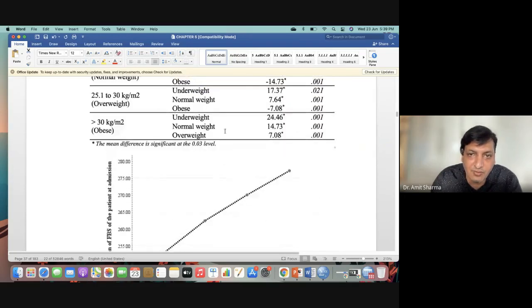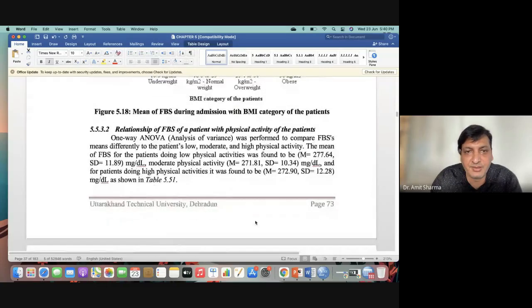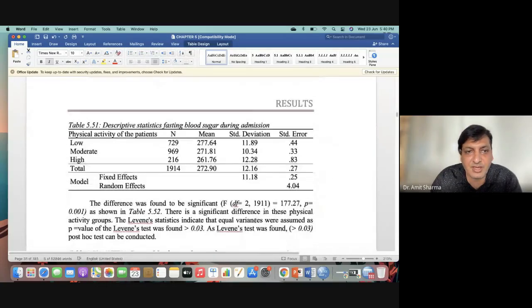And always remember to write the significance level of the test at the bottom, that at what level you have considered the test as significant. For my PhD, I have taken 97% as a confidence interval, so my cutoff point was 0.03 for both. Whenever I am looking for either test for Levene's, test for homogeneity, test for normality distribution, or ANOVA independent, one sample, whatever. Clear? So this is the way that we are going to write.